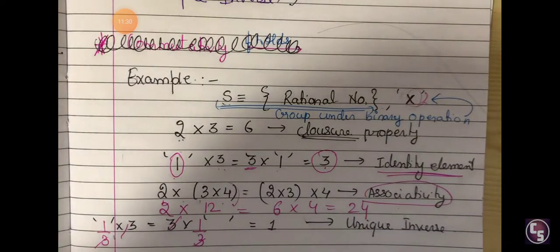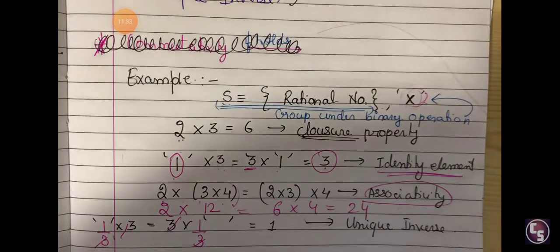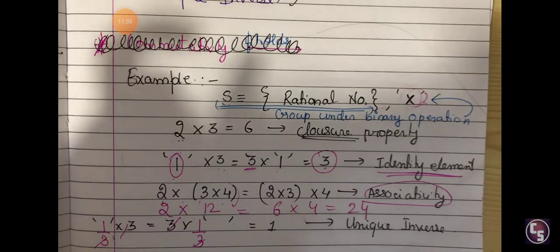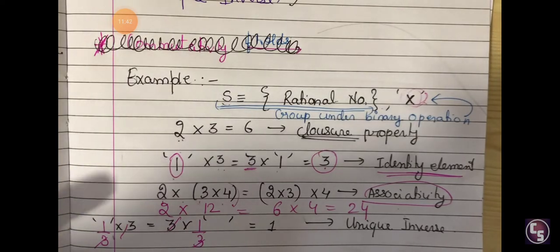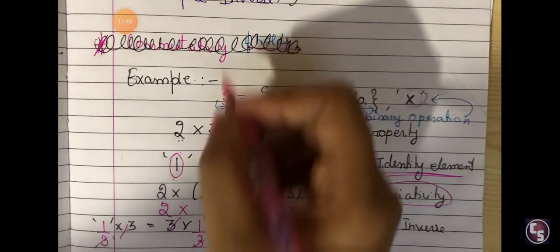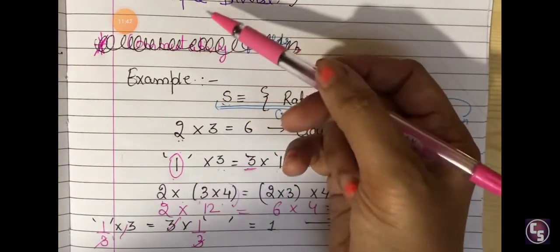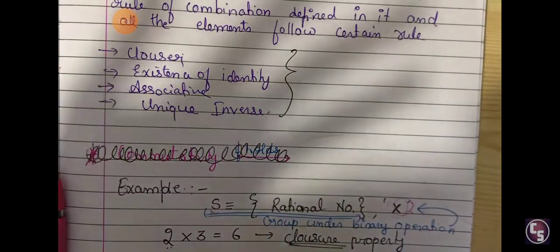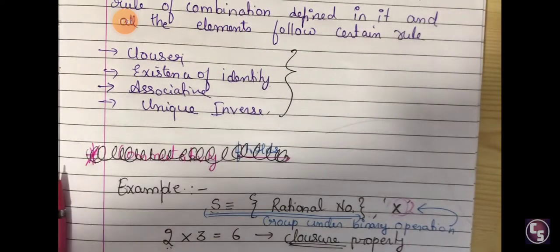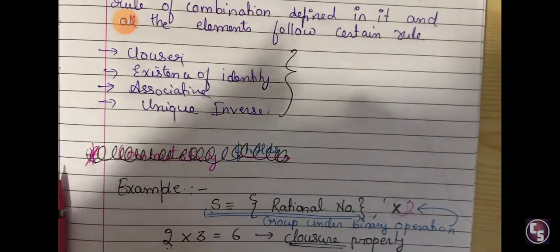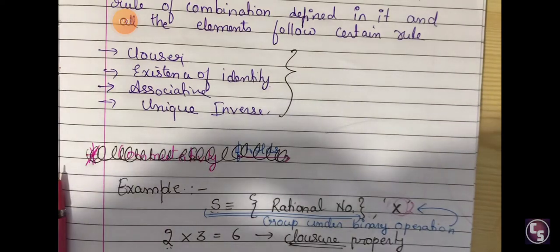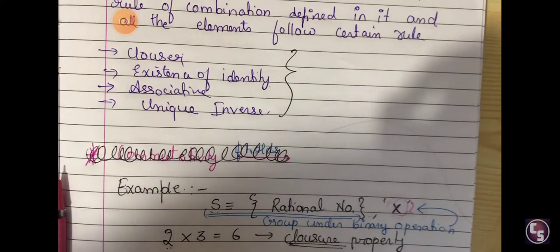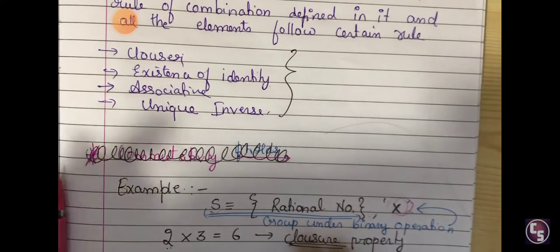So in this lecture, what we have seen is how group theory came into existence. Group theory came into existence by the mathematician, and a particular set is called a group by following 4 different laws: closure, existence of identity, associative, unique inverse. If you understood this lecture, you would be in a better position to understand how the point group came into picture. So in our next lecture, we will take a detailed study of group theory and point group, and we will designate or point out the point group in particular elements in our next lecture.